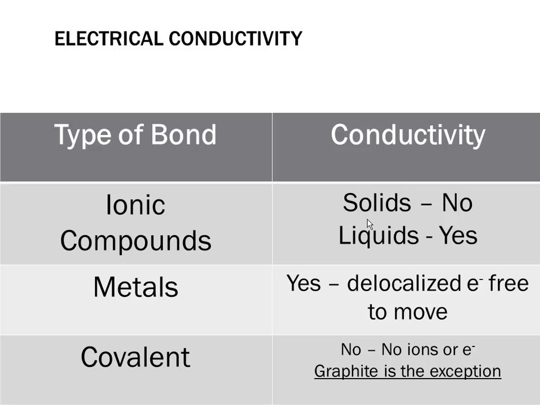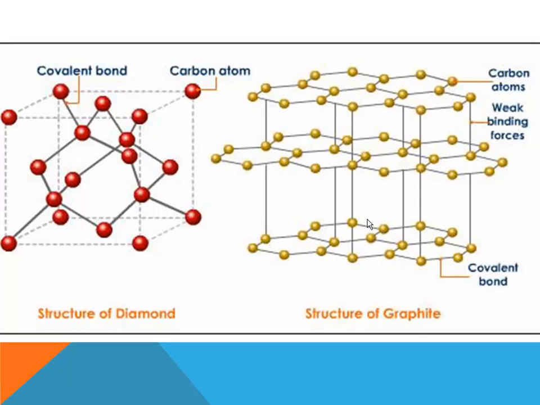This is because of their structure, and the only real exception is graphite, which is sometimes considered a metalloid because it does conduct electricity. The reason graphite conducts electricity is because of its shape and structure. Here, a diamond is in a tetrahedral shape. Tetrahedral meaning 4, remember. It's rigid, therefore electrons cannot move freely. But here you have thin sheets of carbon, and it's not in a tetrahedral shape, it's actually trigonal